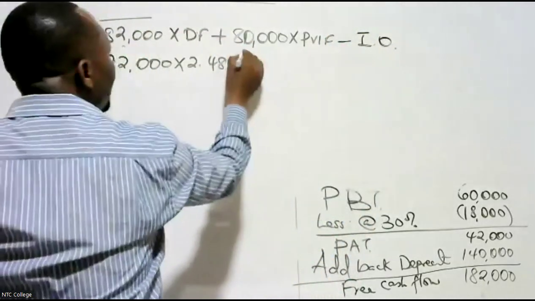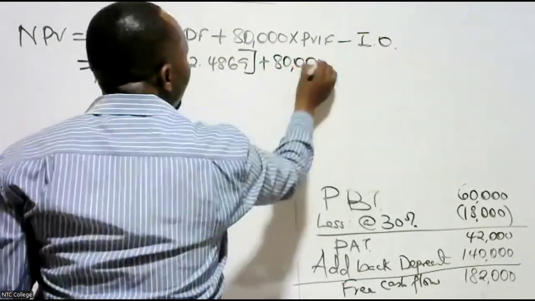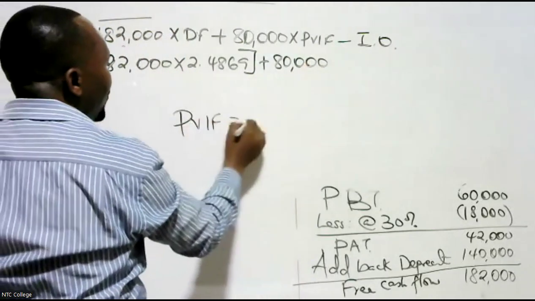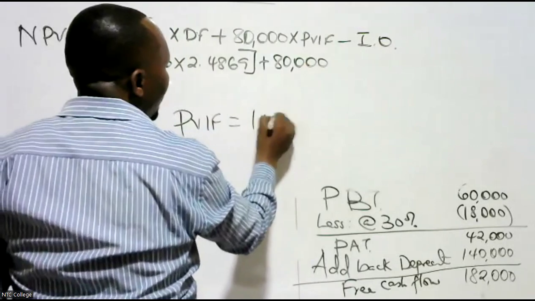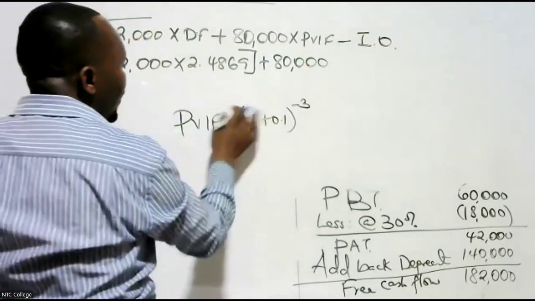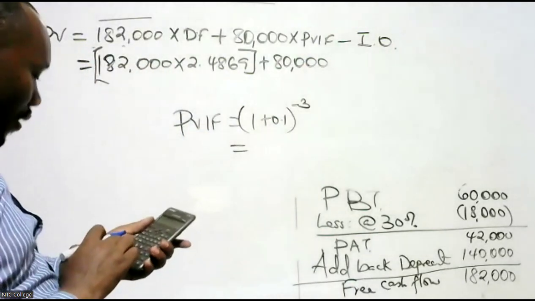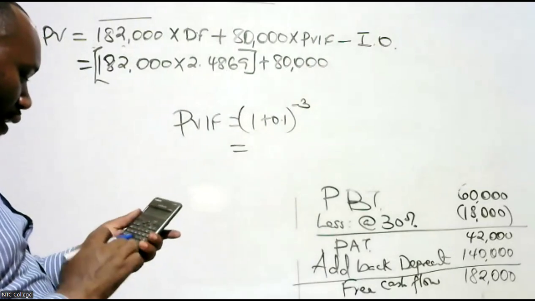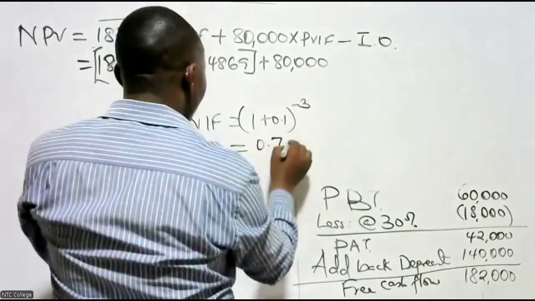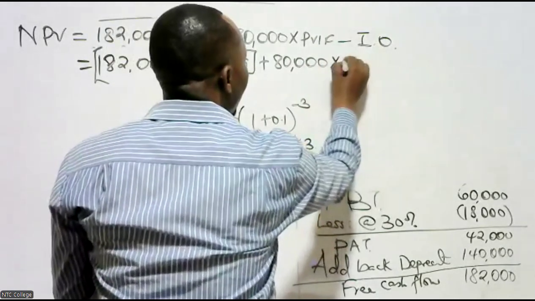So we have this plus now 80 times PVIF. PVIF is basically like this. 1.1 raised to negative 3. Calculate for me that. What are you getting? So it is 1.1 raised to negative 3. So you're having 0.7513. So you multiply that with